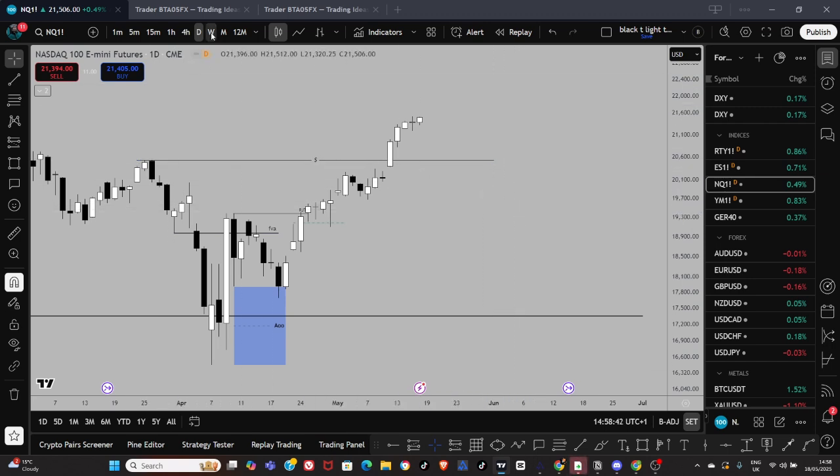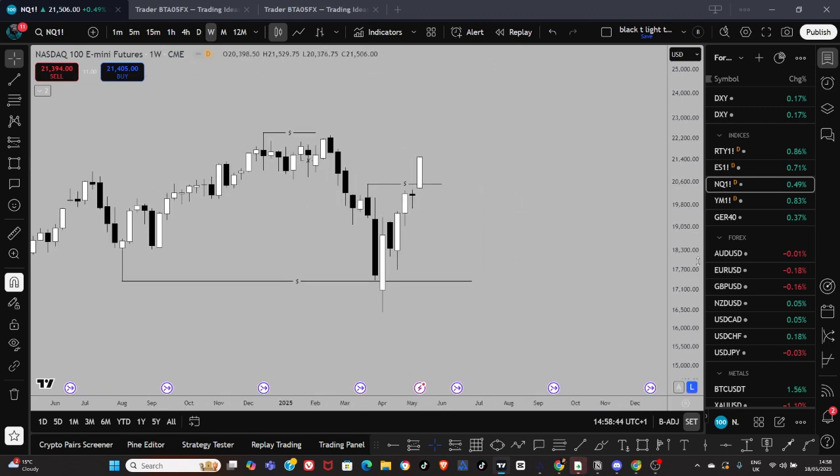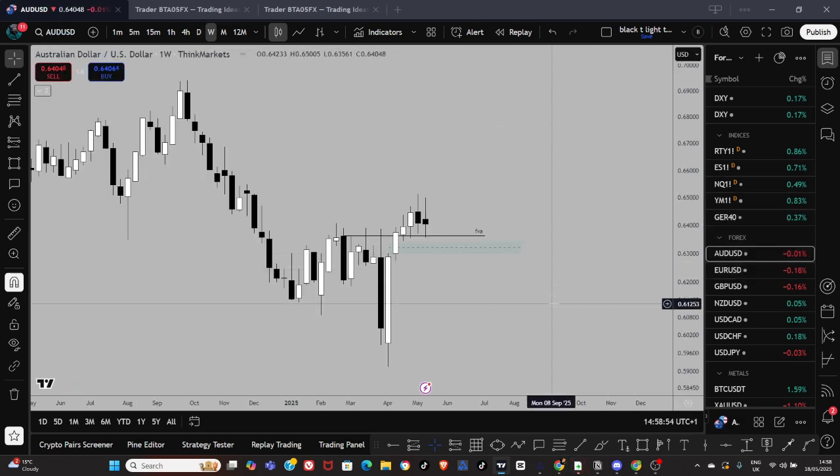It's kind of like a nice delivery though. But we can still look at higher prices, at least to this high or probably the next swing high. But that being the case, let's look at AUD USD,